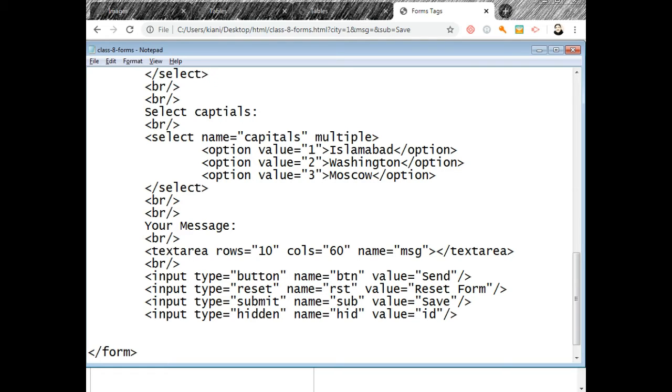It is the ID of the form. We have to store an ID, we have to send the ID of this form, this record, and save and send it to some other form. So this is hidden. This will not be shown, right?